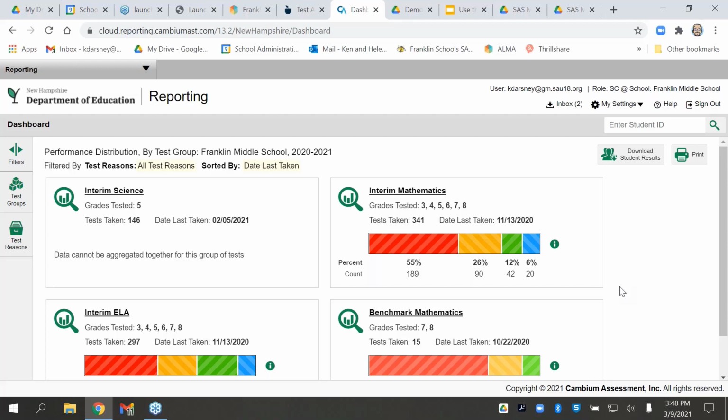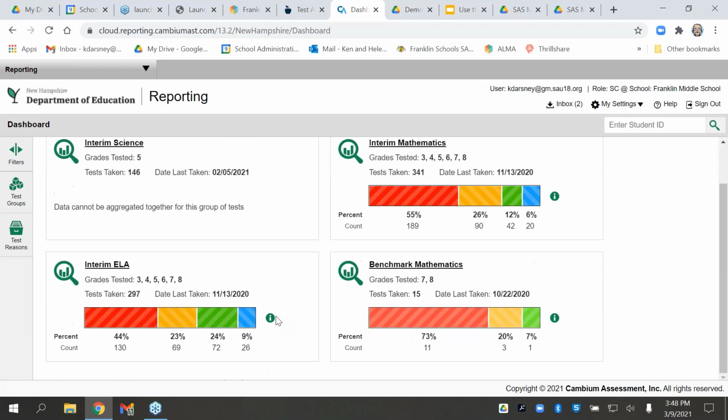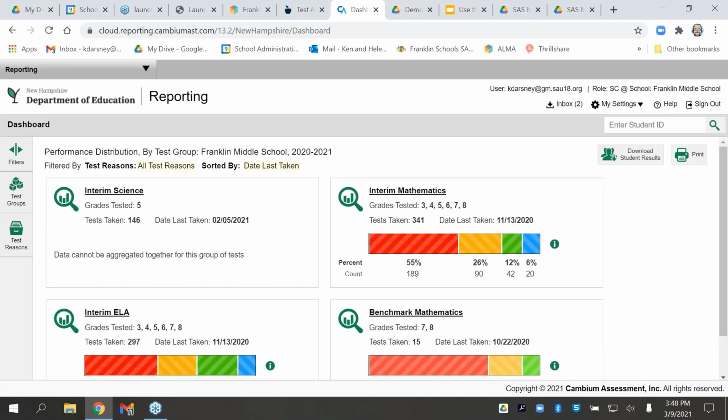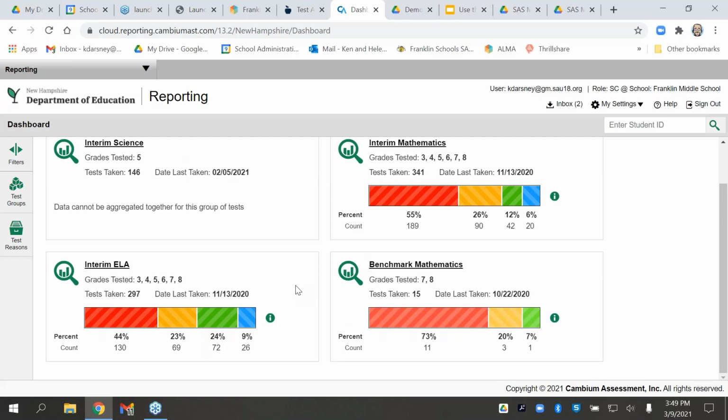There's a lot of red on this page, but we have been using our interims. You will see that our interims have been really strong because we did them, but benchmark math and benchmark science, we're doing a lot with science. We need to do a lot more with math and ELA. The reason we haven't done too much up until now is because we decided as a staff that we're going to use the months of March and April to do all of this work. Up until now, we've just been trying to figure out a way to get through the interim, which we did get through by the 10th or 11th of November. As you see, those are the results that we have.